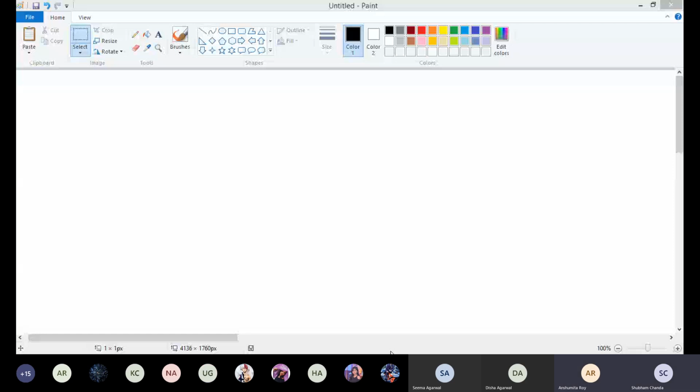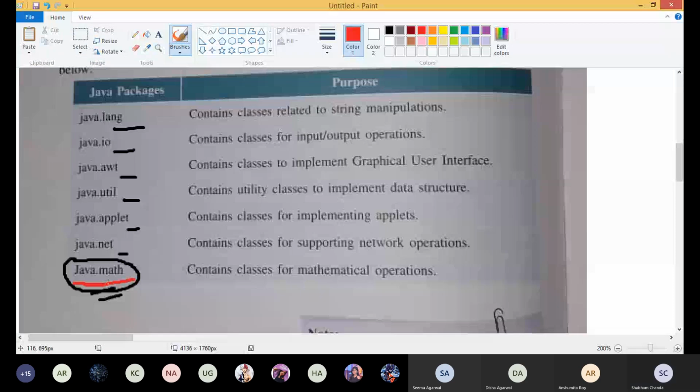Okay. Now listen to what I'm saying, try to understand. Now this thing is incorrect in your book. There is nothing called math package. Math is a